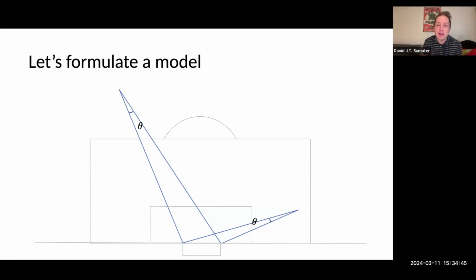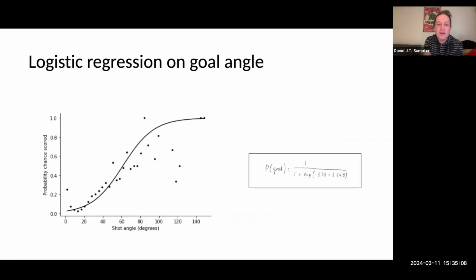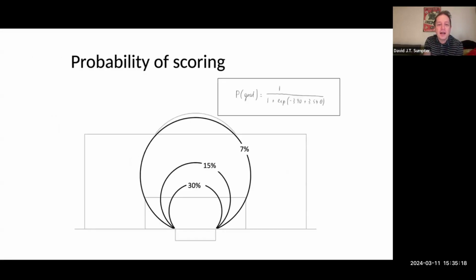That's the key idea with a mechanistic model: you take something which is a reality, something which is common sense, and build your model around that. There's a bit of mathematics to do, a bit of algebra. You can work out from an XY coordinate of the shot what the angle is, and you come up with the following equation for the angle theta. Then you can fit your model. In this case, you do it with logistic regression by maximizing the likelihood of this particular function. And you find the nice result you have.